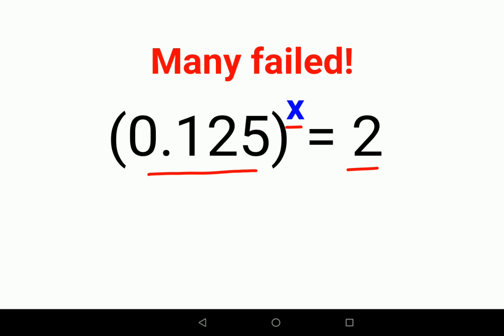Now what happens in this kind of scenario, whenever there is a decimal, and that too with literally three places after the decimal? In that case people think this is just beyond my understanding, let's not do it. A lot of people actually didn't even attempt this question. So let's try and solve this in our method.